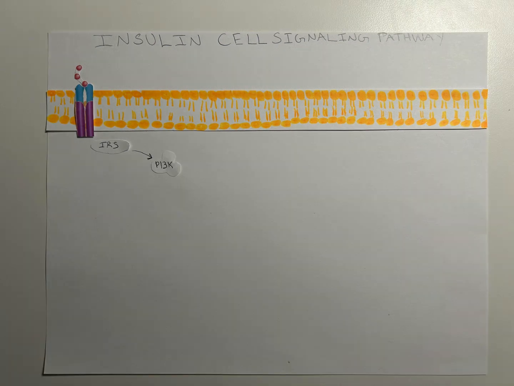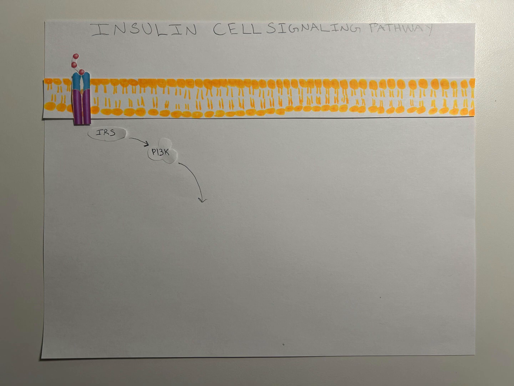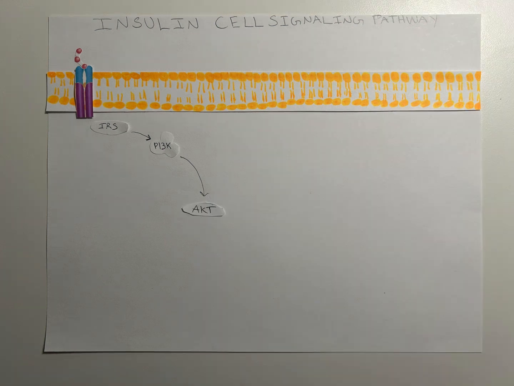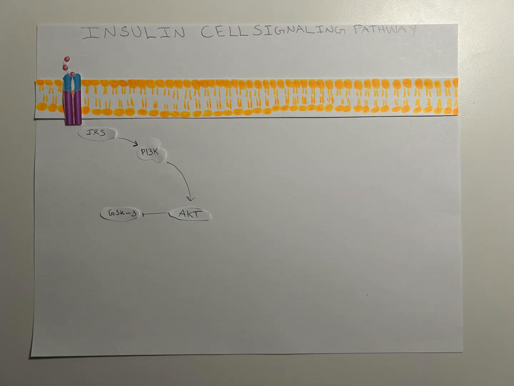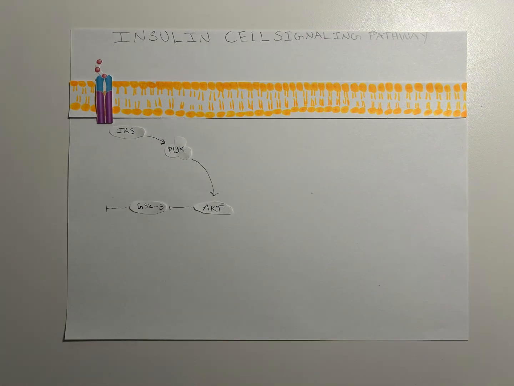to the PI3K, which is phosphoinositide 3-kinase. That plays a crucial role in transmitting the signals from the insulin receptor to the various cellular processes, such as the AKT, which is the protein kinase, also known as protein kinase B, which is involved in various cellular processes, including this signaling pathway, which then goes to the GSK3, which is the glycogen synthase kinase 3, which is another